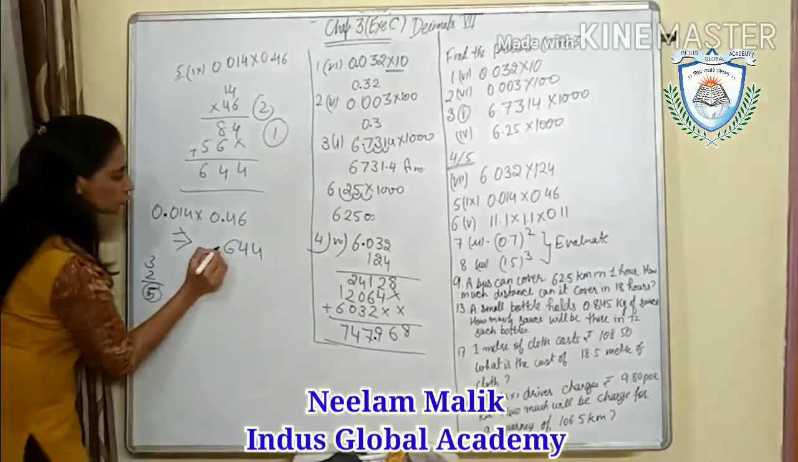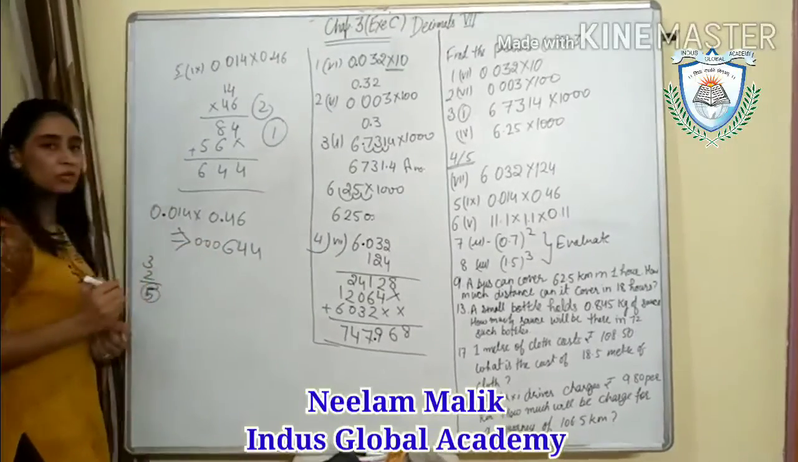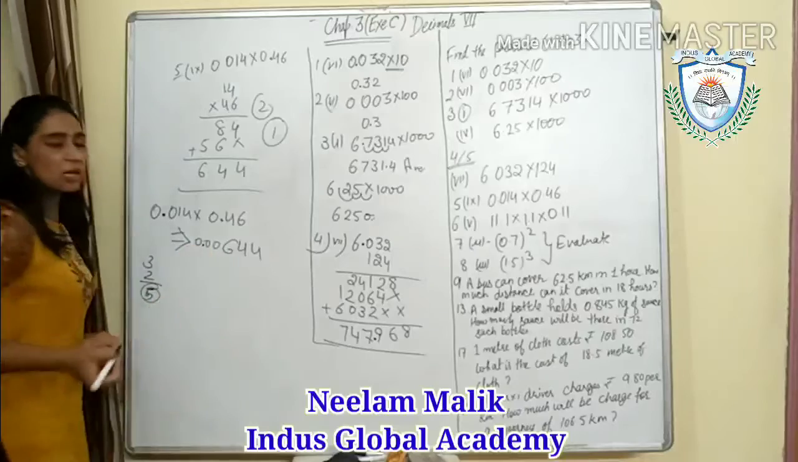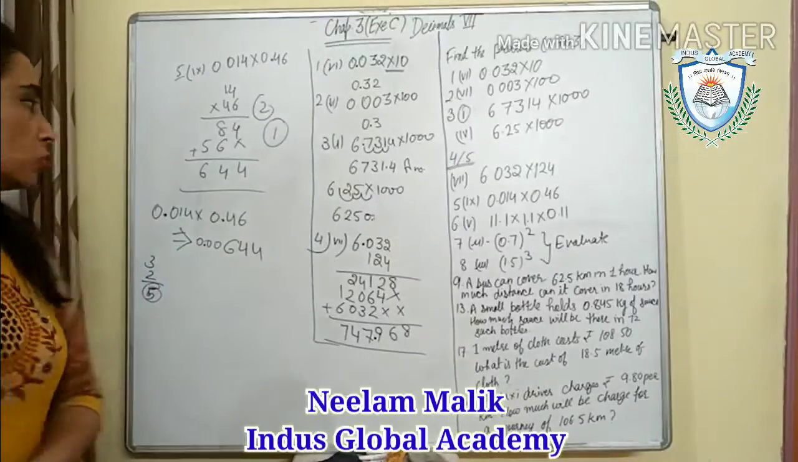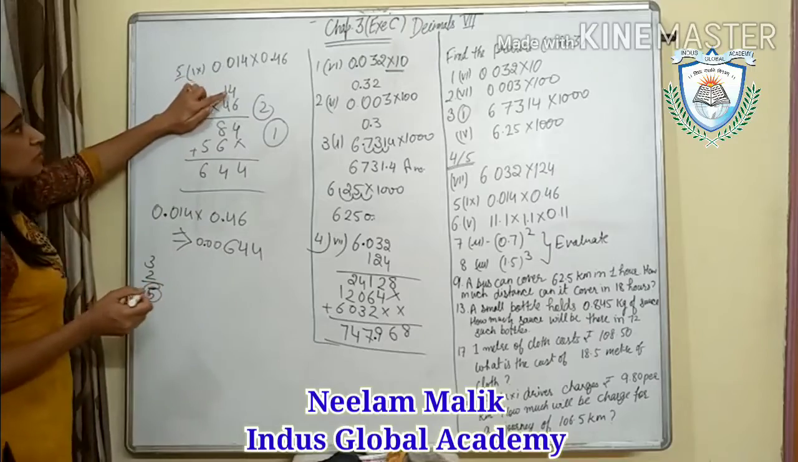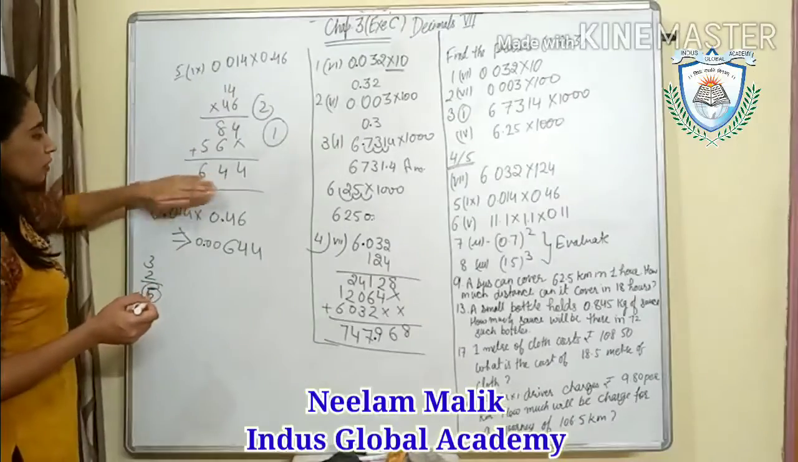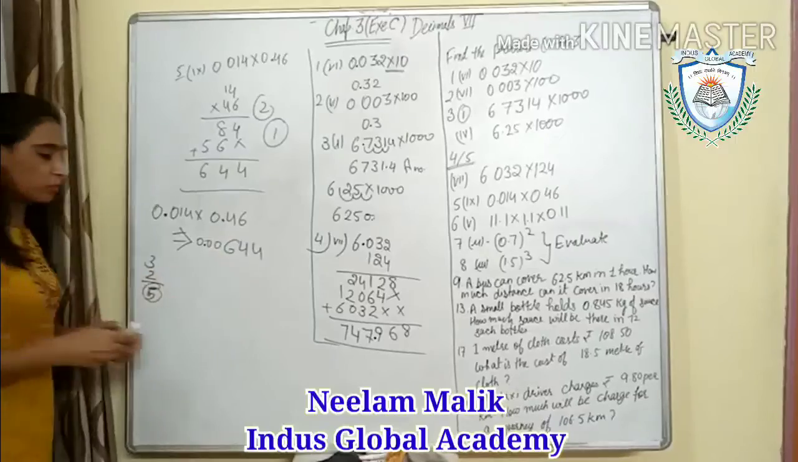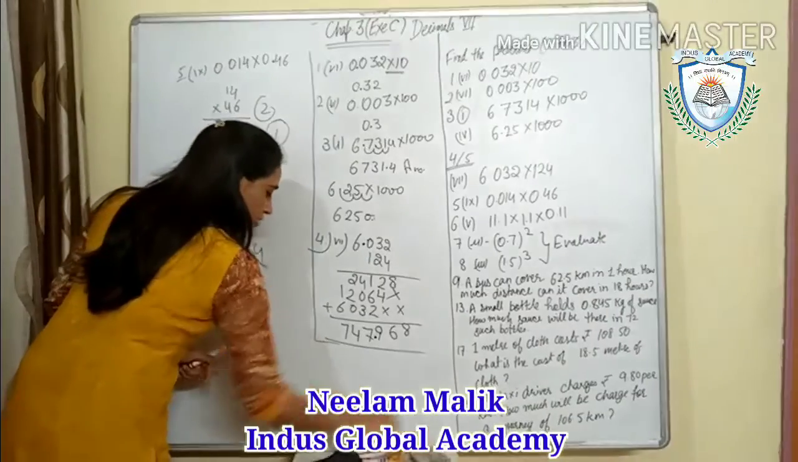So here is only 3, so we can put zeros in front of this number. So 1, 2, 3, 4, 5. So this is our answer, 0.00644. Okay, here you will just simply multiply them, then you will write this is equal to this, and here you will put your decimal point. Now next question is